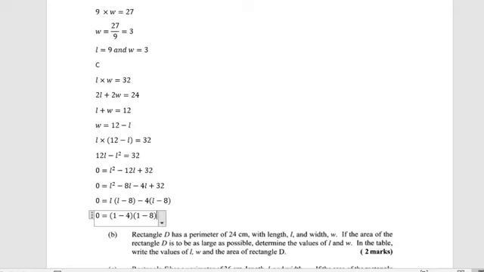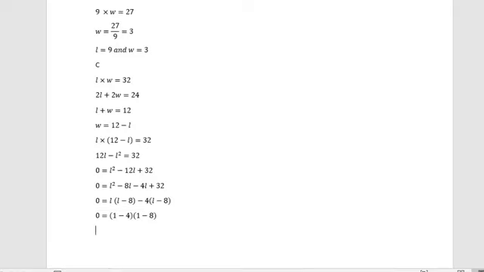And therefore, from looking at this and from how we worked it before, we can already see what the two possible values of L are when we equate both brackets to 0. So L minus 4 equals 0 and L minus 8 equals 0. Our values will come back with L being positive 4 and L being a positive 8. So we're going to choose the larger of the two numbers to be our length, and now substituting that into